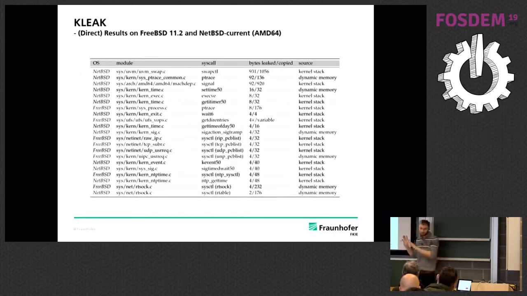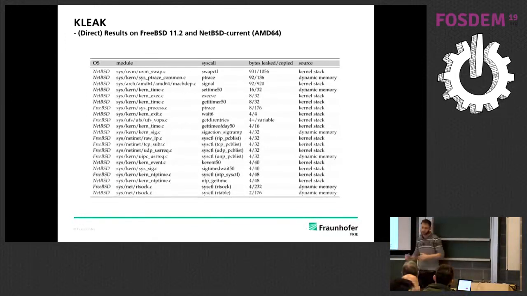So those are the direct results actually of KLEAK, and I think it's not complete. We found in FreeBSD, I ported it to FreeBSD 11.2 as a proof of concept, and Maxime implemented it fully in NetBSD current. Those are more than 20 leaks from everywhere, from dynamic memory, from the kernel stack. Some of them are bigger, like 900 bytes, 92. Some of them are smaller. Usually those are half of a pointer on AMD64, what we found. And the research basically goes on. Those are the direct results that we found